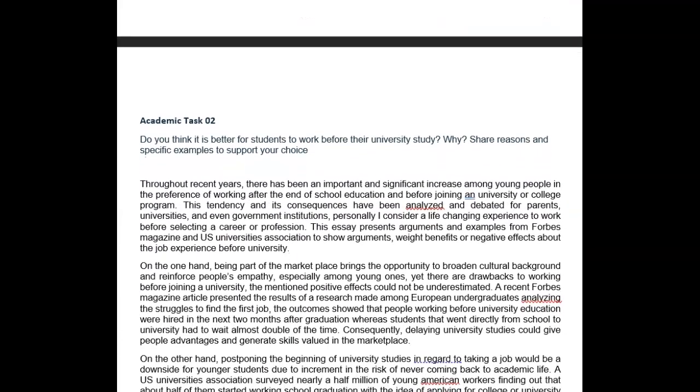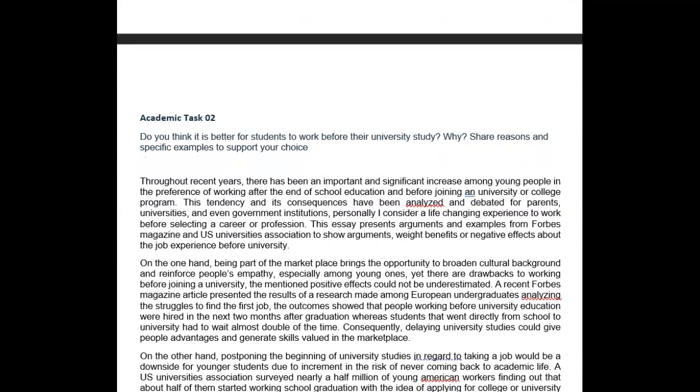Good work. So do you think it is better for students to work before uni? Why? Share reasons and specific examples to support your choice. So in recent years, there's been an important and significant increase among young people in the preference of working after the end of school education and before joining a university or college program. Okay, very nice start. Important and significant increase among young people